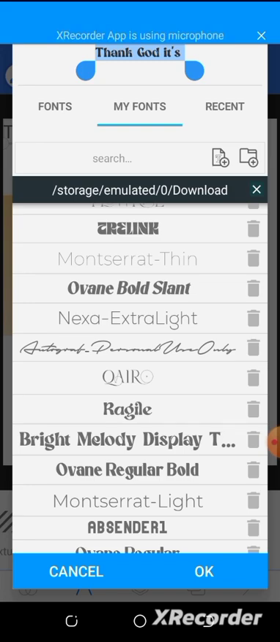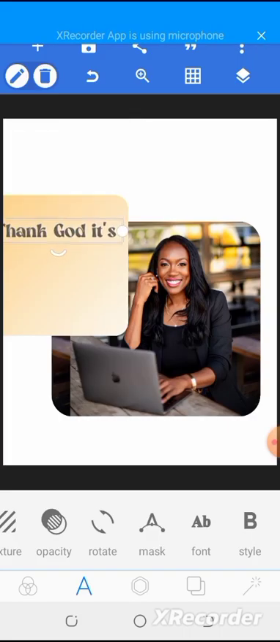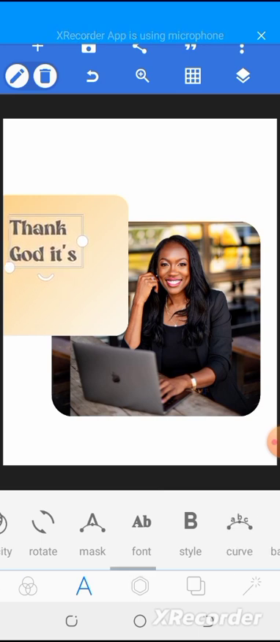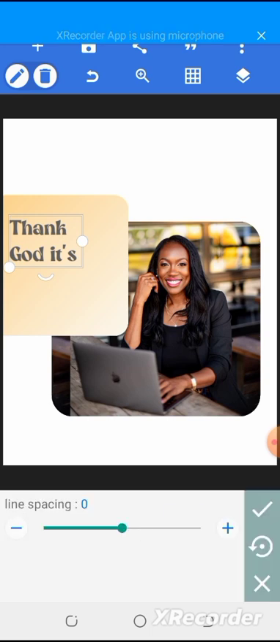Click OK. So I don't like this black color, it doesn't suit here. Let me try and bring it down a bit. Alright, so that line spacing, I will reduce the line spacing